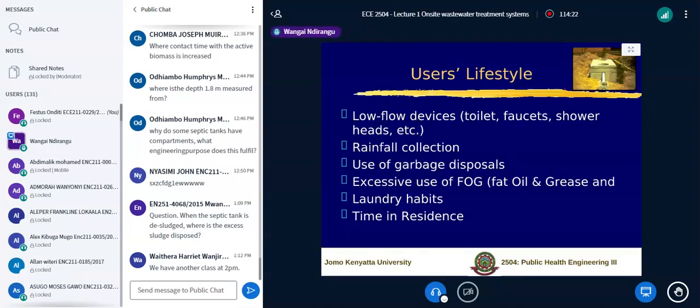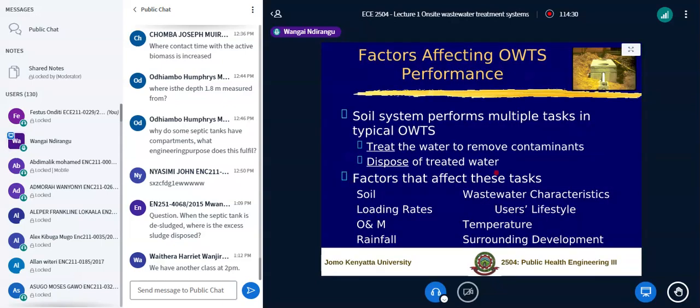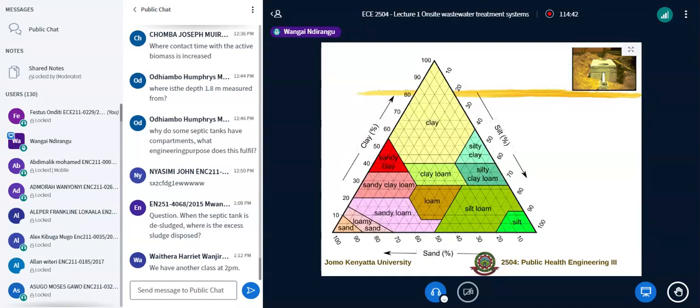So what are the things that affect the performance? This is what we are looking at: factors that affect the performance. We have seen the soil and talked about the loading rates. We are now going to the characteristics